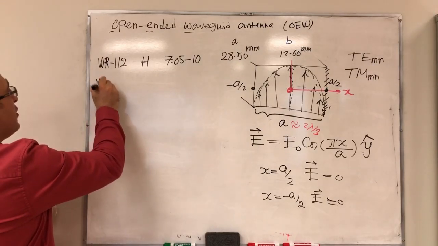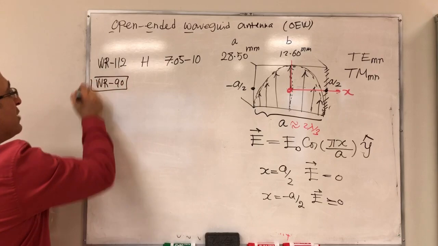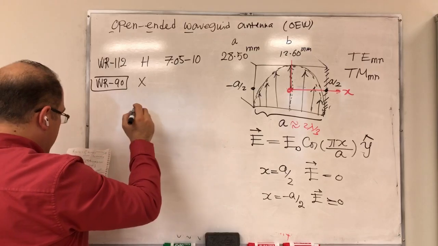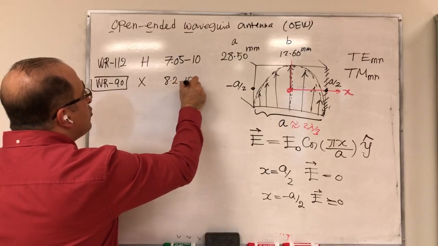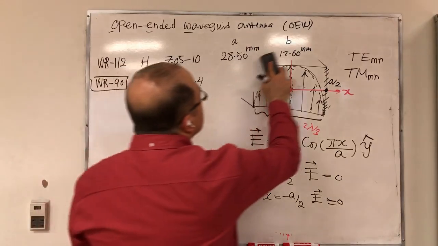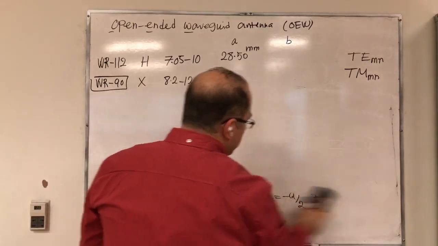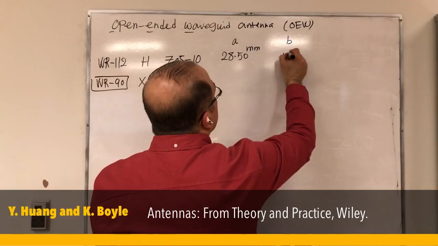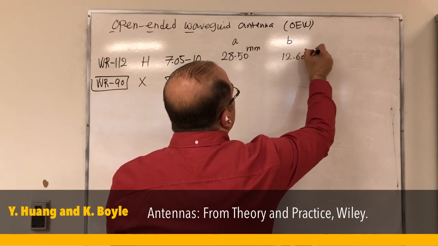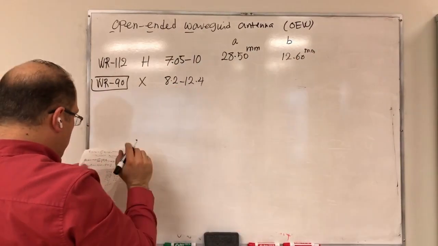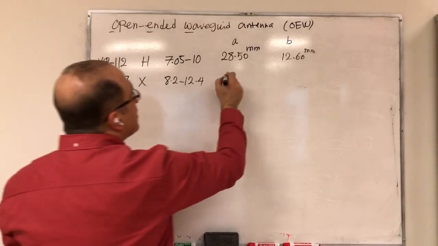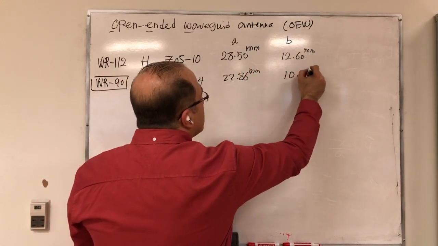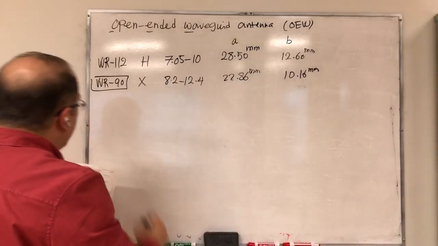We have also WR90. This is very famous. This was the one that was on the system when I showed it to you. That's for X-band, and it is from 8.2 to 12.4. And the size that we have, so let me write B again. These are in millimeter. So 8.2 to 12.4, this is X-band, and this is going to be 22.86 millimeter by 10.16 millimeter. And then two more,